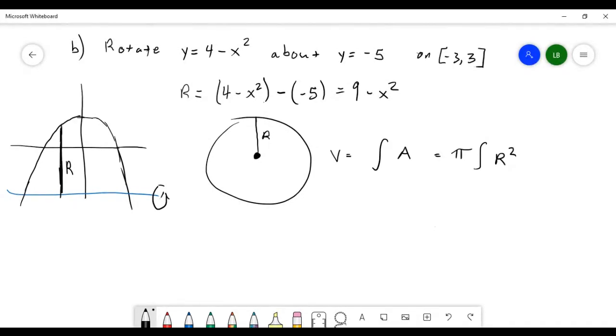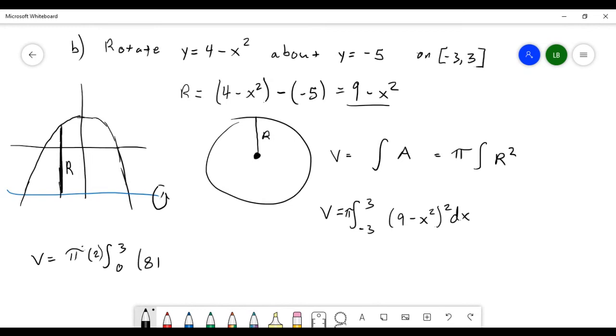Cool. Since we've already figured out what r is by using this picture to visualize our distance, it's pretty easy to set up our integral from -3 up to +3 of 9 minus x squared, squared. So the volume is pi times the integral from -3 up to +3. Since it's even, I'm just going to double it and change it to the integral from 0 to 3. Then we would have 81 minus 18x squared plus x to the 4th. That gets us 2 pi times 81x minus 6x cubed plus x to the 5th over 5